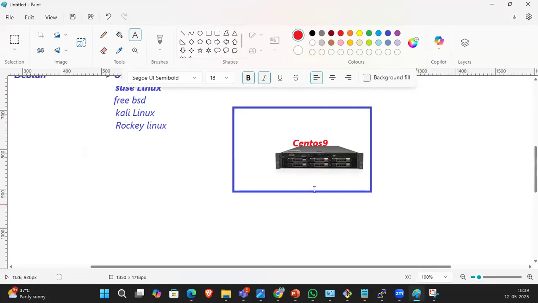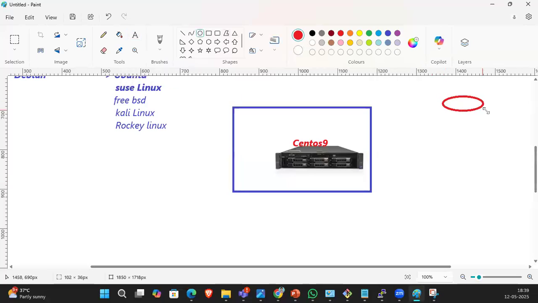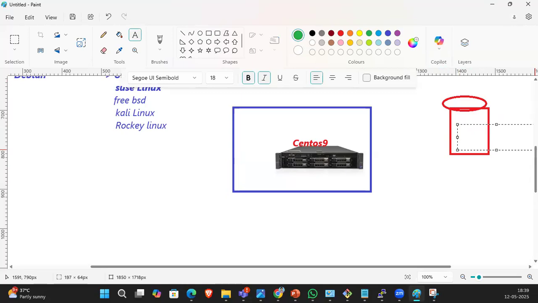So for example, this is the server. You are the developer. You have a thought, and you deploy the code, and this code is something like WhatsApp or Facebook, right?